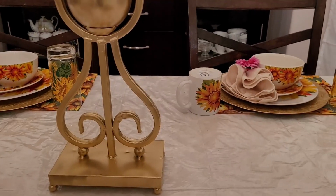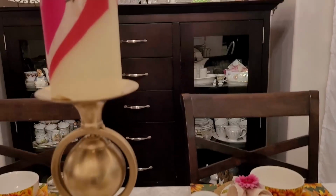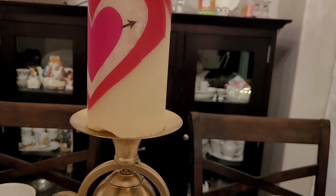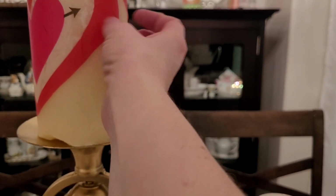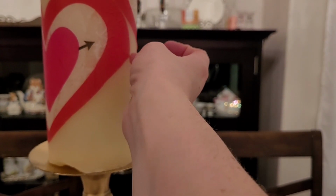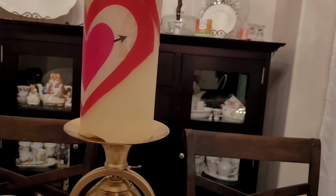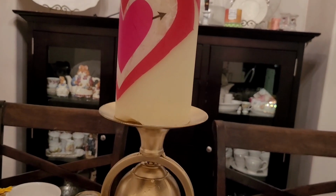So now these actually go together. I love them so much more. And same with the candles. Like, it's not a good job. It's not my best decoupage, I will say. But the thing is I do like the idea that I can take this napkin off. I can scrape it off and change it out for the next season if I wanted to. So I'm not stuck with